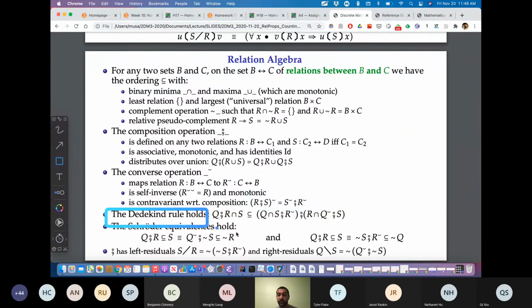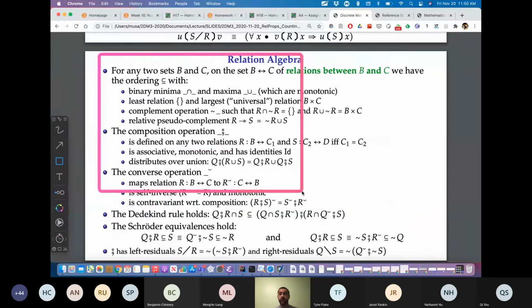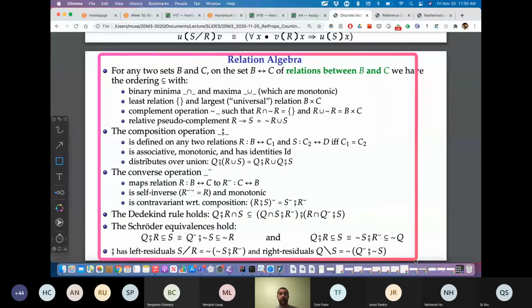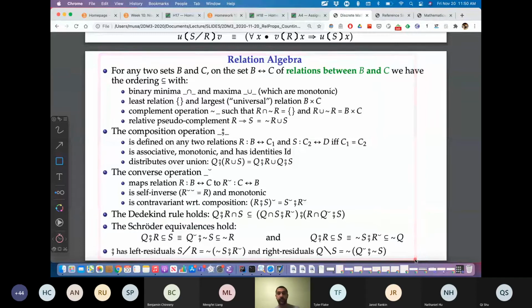Here are some more advanced properties. If you have the time, try to prove these. It is good practice to help you understand how composition works, how intersection works, how converse works, how division works. So try to be familiar with the content of this slide for midterm 5. And I hope that really helps, pointing this out.